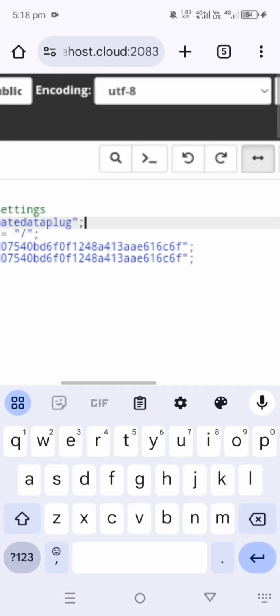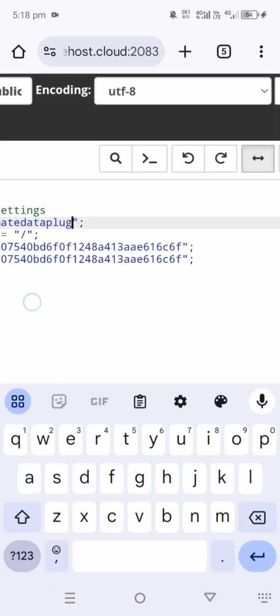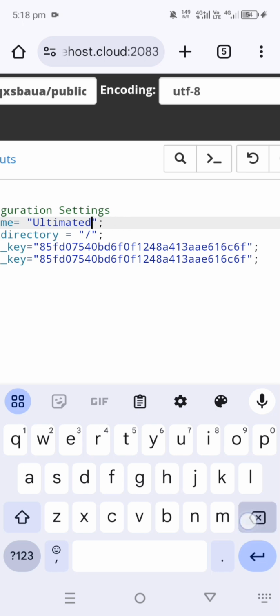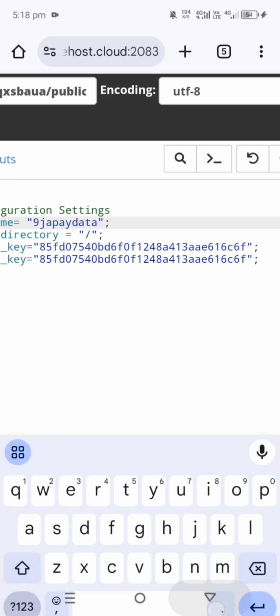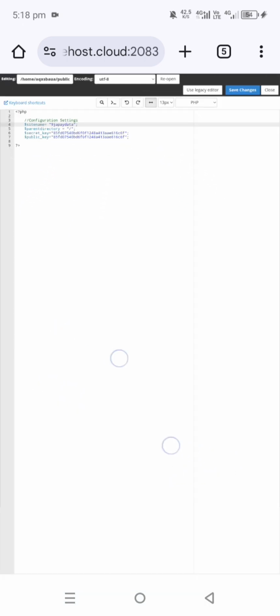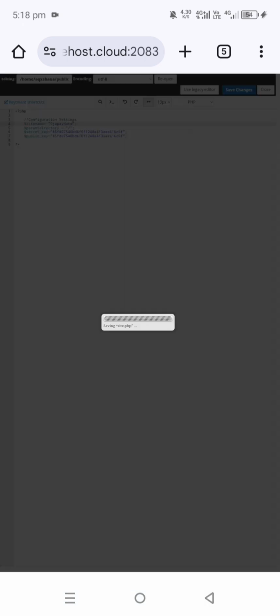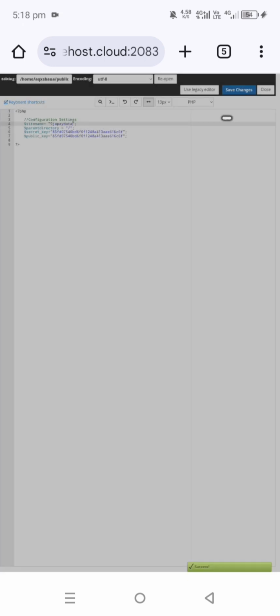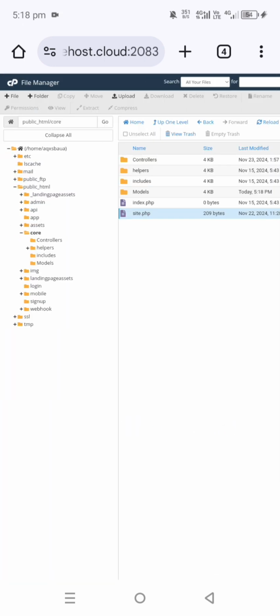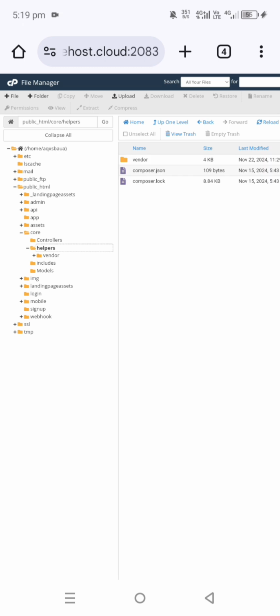So let me remove this ultimate data flock name and replace it with the site name. So let me write our site name. I think our site name is Niger Fee Data, right? So Niger Fee Data. This is Niger Fee Data. Let us save this change. After we have saved this change, let's close it and click on this helpers, then go to the